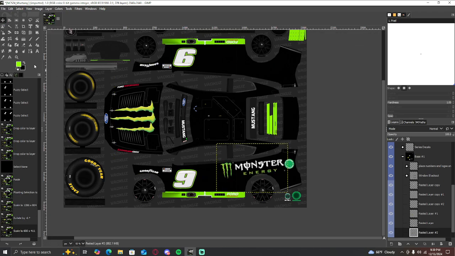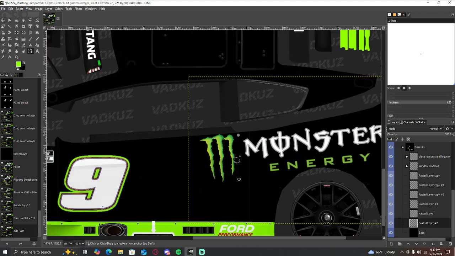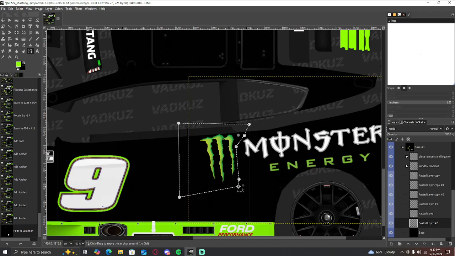Now you'll notice a lot of the monster cars, this claw is bigger. So, in fact, let's just take this claw. I'm going to use the paths tool. This works the same way as the rectangle select, like I said earlier. We'll close this shape, enter, and then simply press delete,